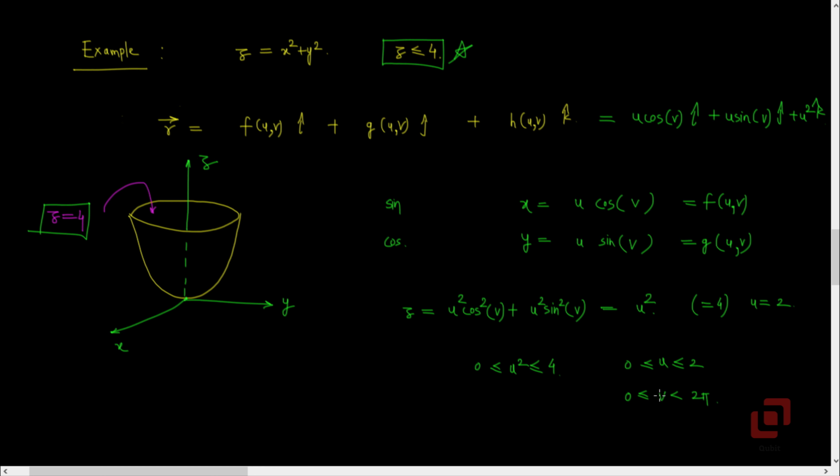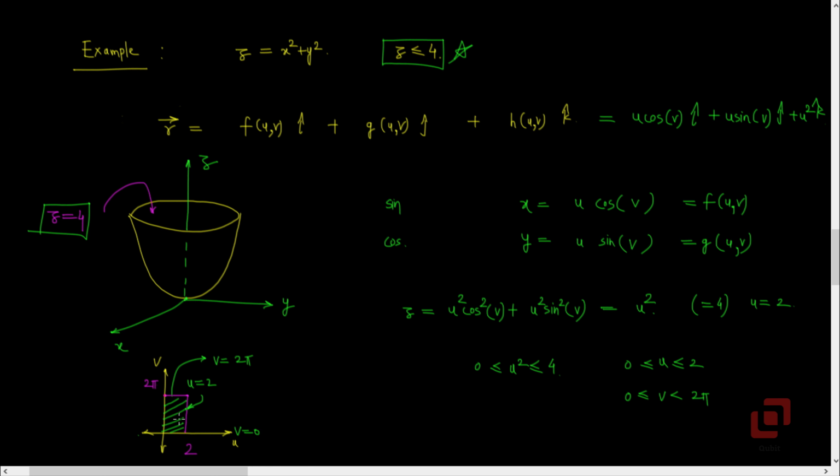Therefore, the domain for the paraboloid under discussion is a rectangle in the u v plane bounded by the lines u equal to 0, u equal to 2, v equal to 0 and v equal to 2 pi. In this figure here, I have shown the parameter domain, which is going to be this rectangle whose boundaries are u equal to 0, which is the vertical line, u equal to 2, which is this line. Then we have v equal to 0, which is the u-axis, and the line v equal to 2 pi, which is the horizontal line here.